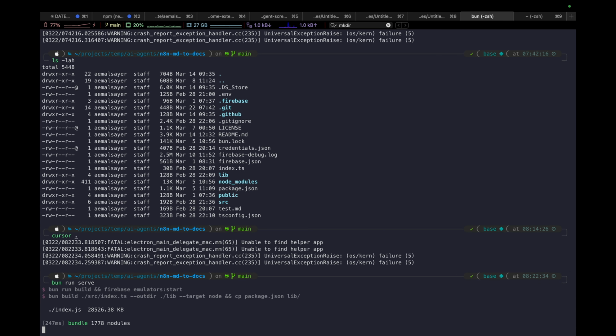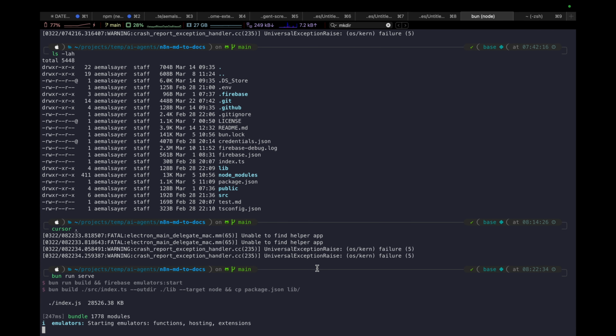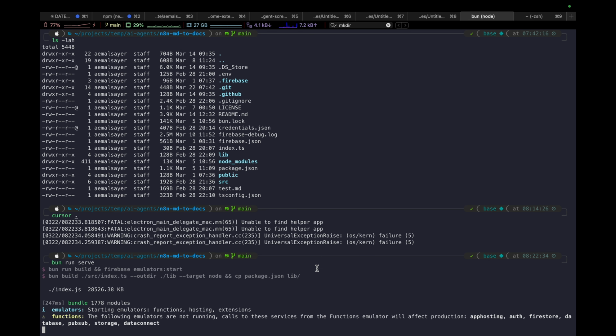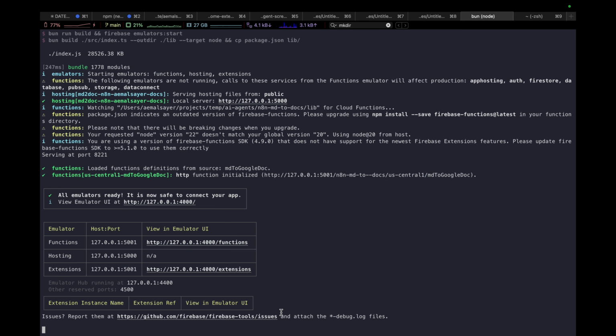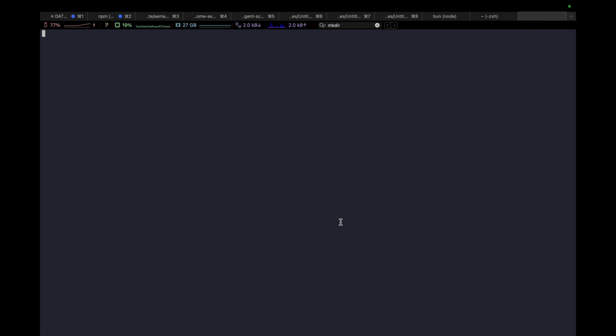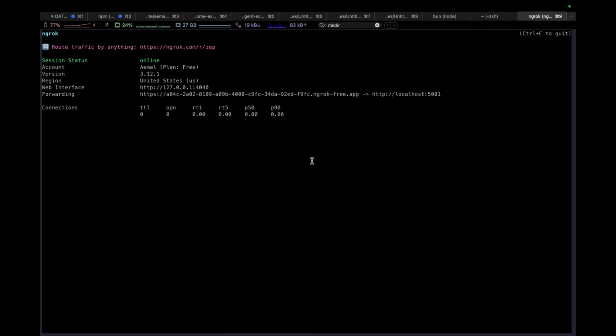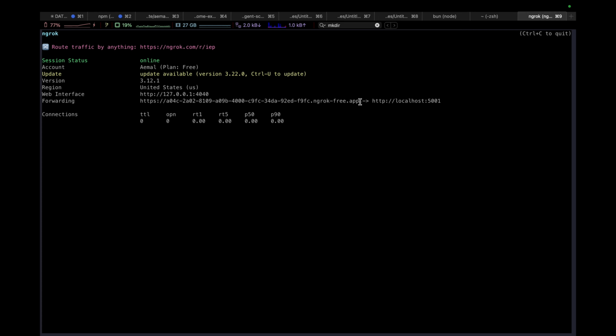Bun run serve. It's using Google Firebase functions. So it's just for the sake of scalability, I use Firebase functions. So if everything is running properly on my system, there we go. It is running properly on my system. So it's running on port 5001. I just need to ngrok that, ngrok 5001, and grab this URL